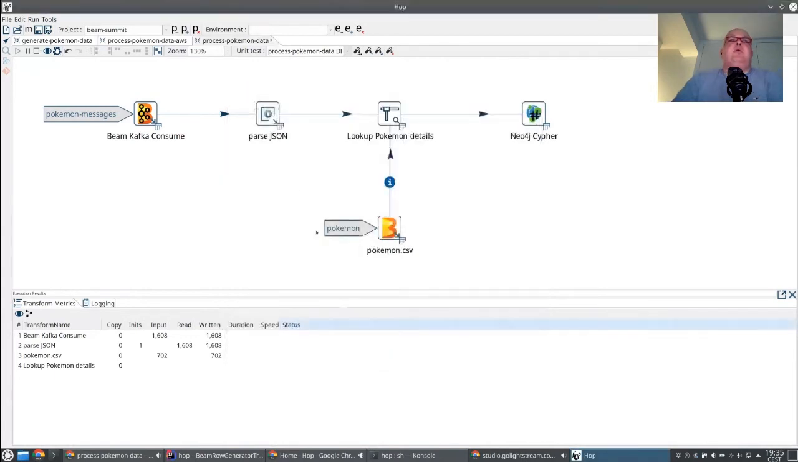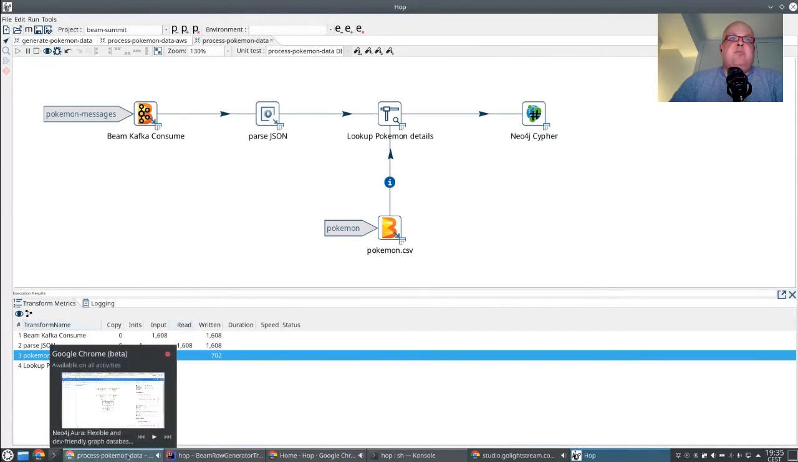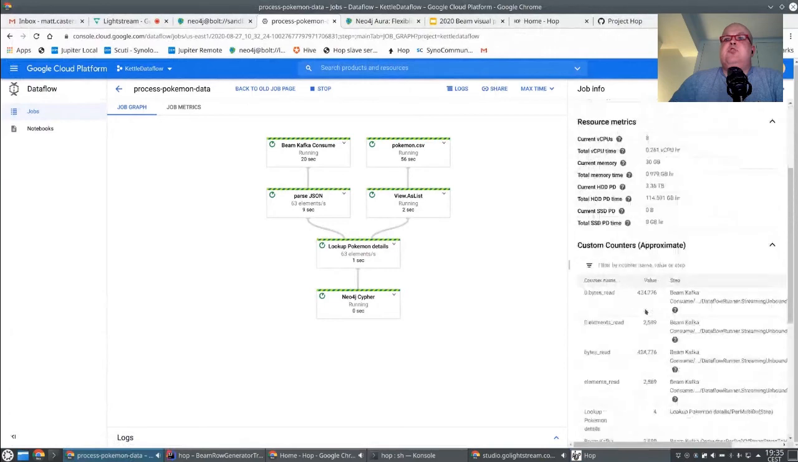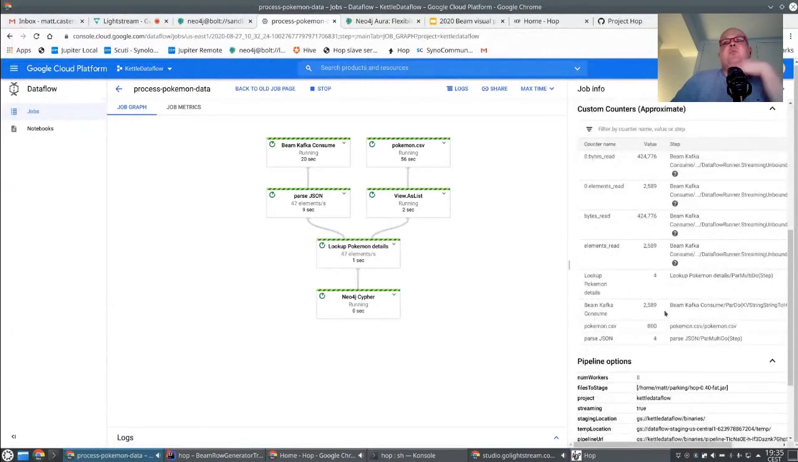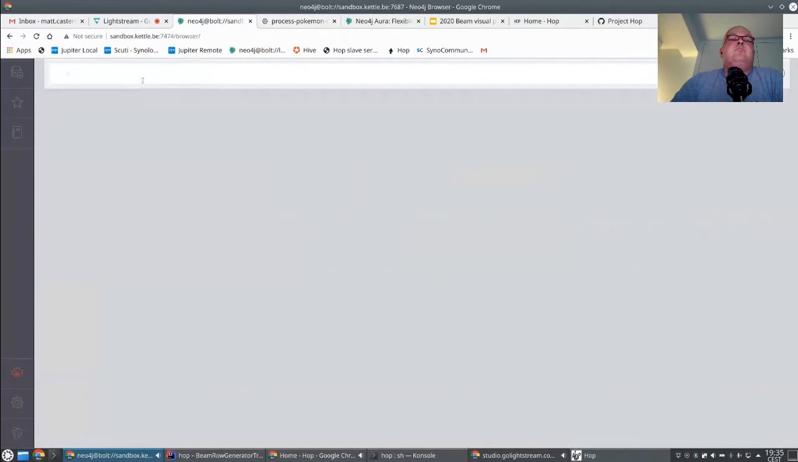Okay, I see that this thing has started to run as well. Okay, so these things are chugging along. You can see with the metrics that we're leaving that 800 records have been read from that Pokemon CSV file, and